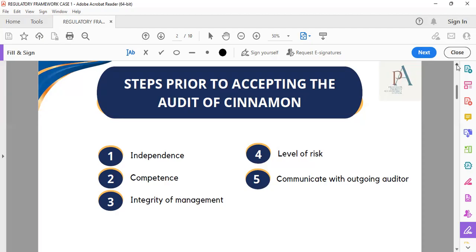The next thing is to assess the level of risk involved. What are the three kinds of risk in audit? We're going to deal with that as we go into planning and risk. We have inherent risk, control risk, and detection risk. Inherent risk is a risk that arises because of the nature of a business. So, if you were auditing a fast food business, for instance, a simplified example of the inherent risk associated with it is that